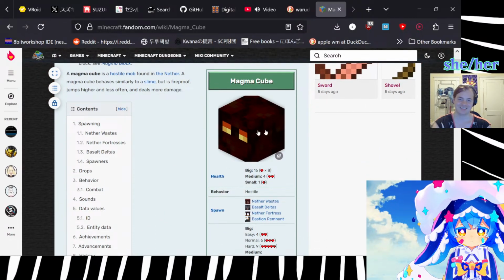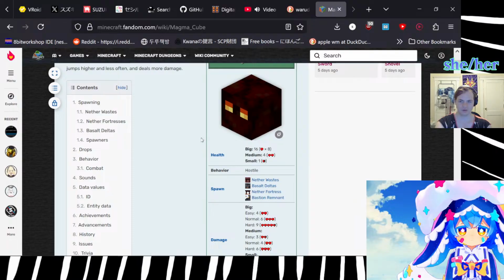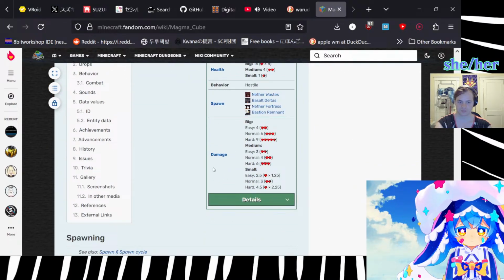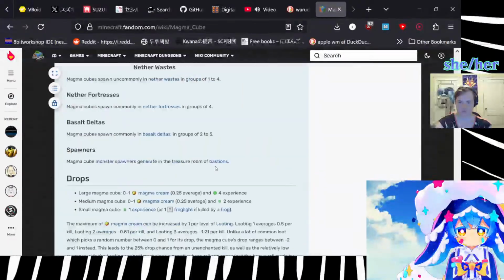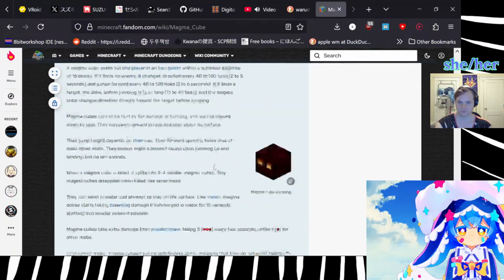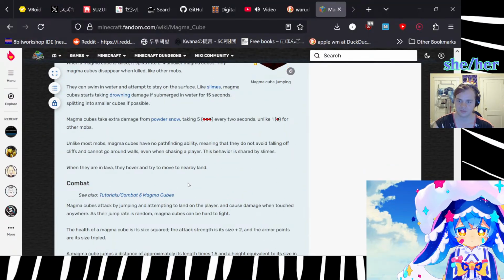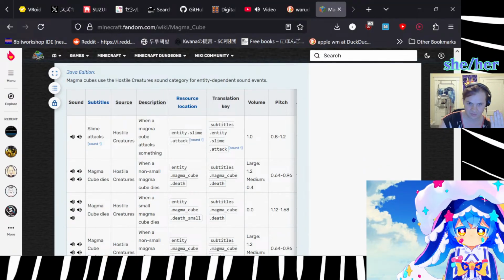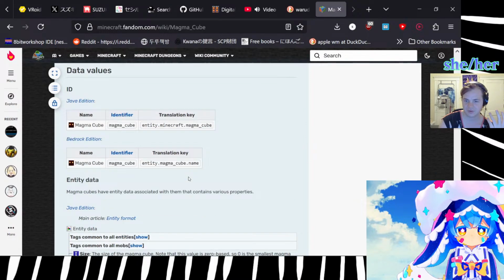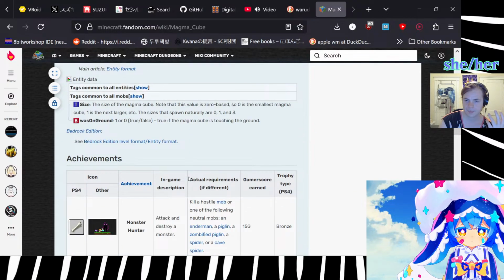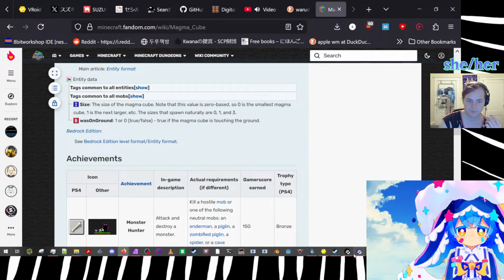Magma cube. Oh yeah, this is kind of cute. When did this get released? I think I've literally never seen this, so this is probably released after my time. Okay. Anyway,